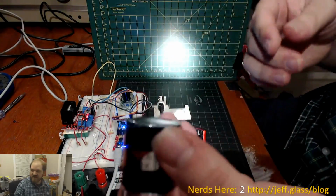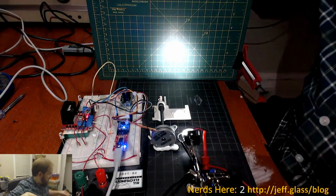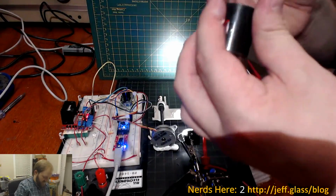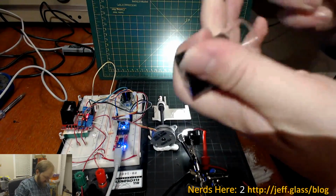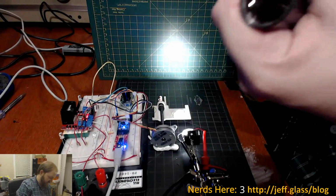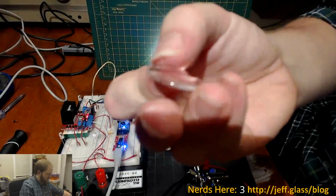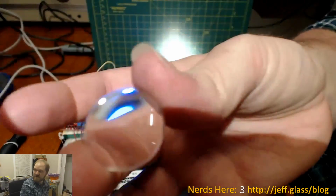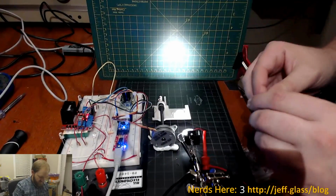None of these, of course, are the final be-all, end-all of what the actual lensing would be, but just a place to start as we try to understand what the different lensing will do. There we go. Ooh, that's neat. That's a small little lens, maybe 1 inch across, just a little bit of a convex lens. So we're going to start